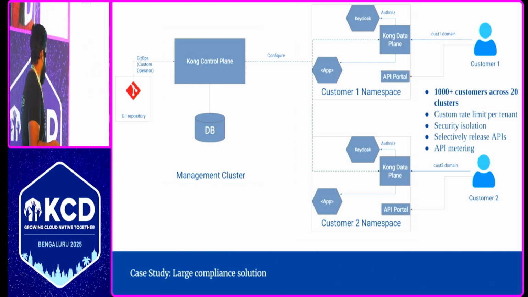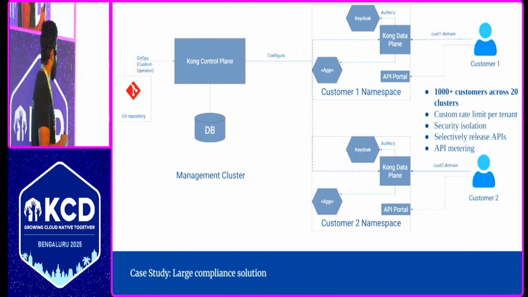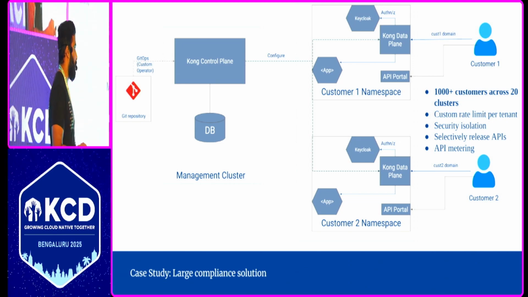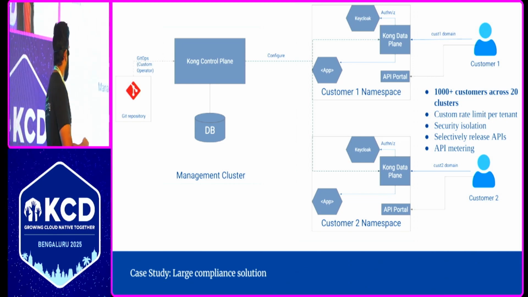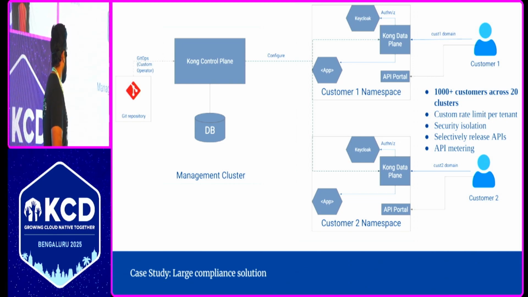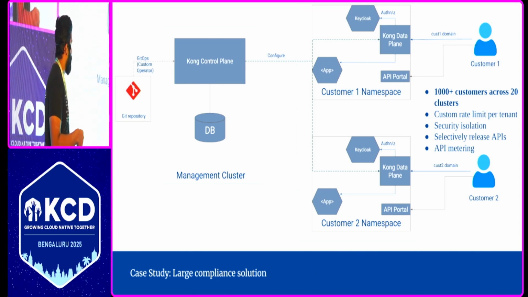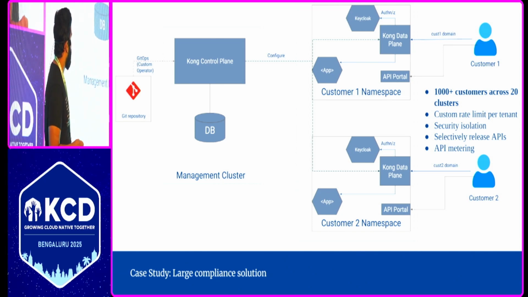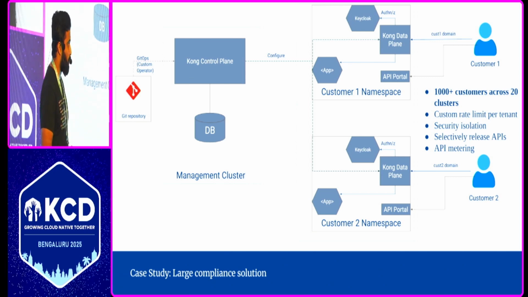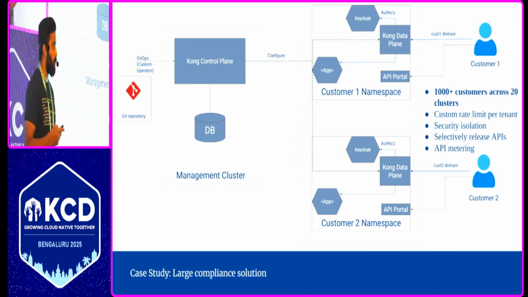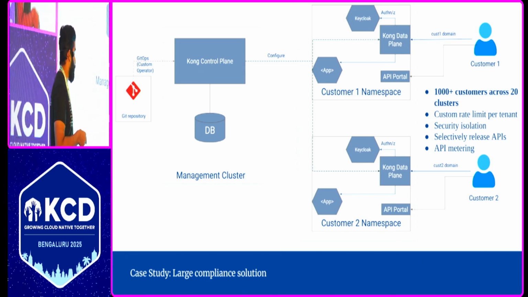The control plane was hosted in a different cluster, which was the management cluster, which is technically used to bootstrap other Kubernetes clusters as well. That's where the control plane was deployed along with the database, which then configured the multiple data planes. And each data plane had its own configuration. That is, for every tenant, we were creating different services and routes for the applications that were deployed in that